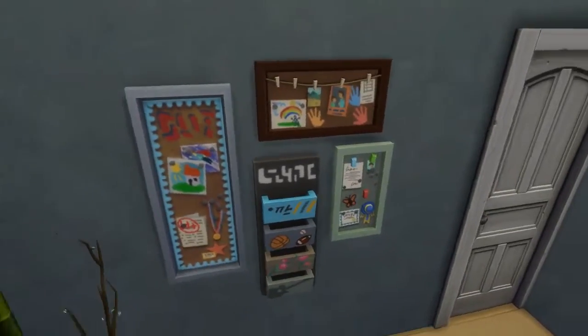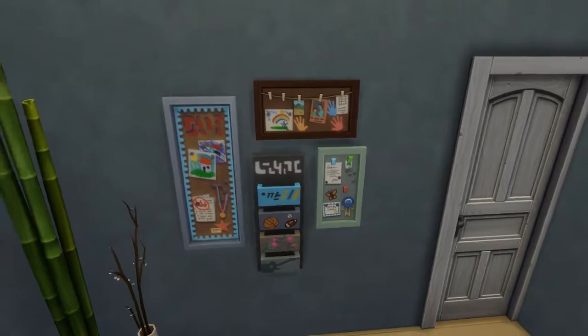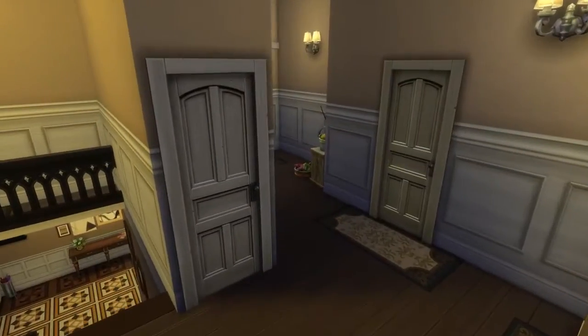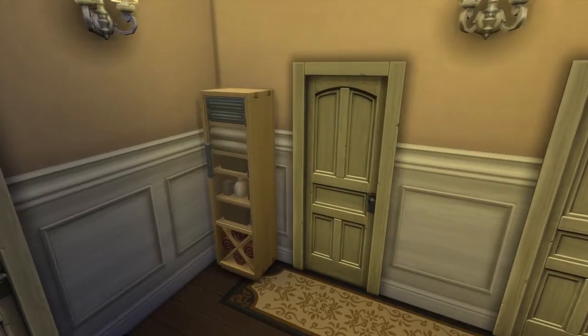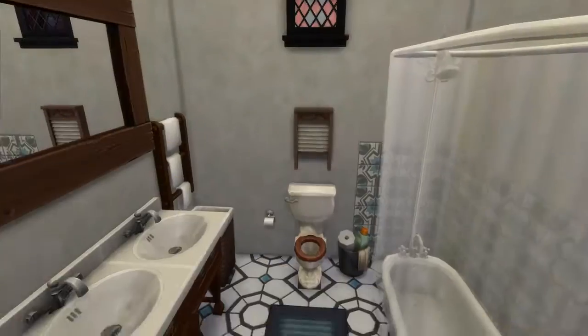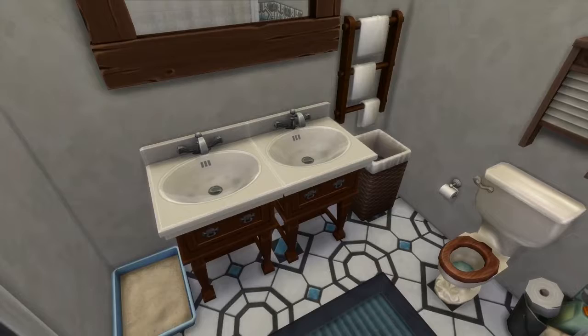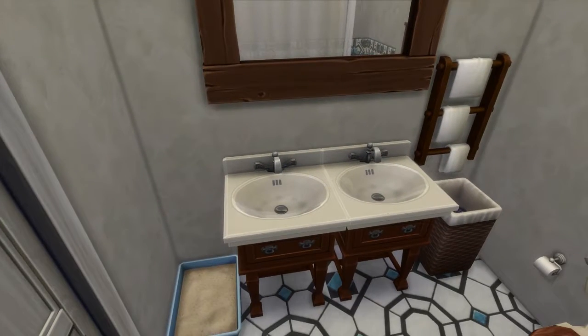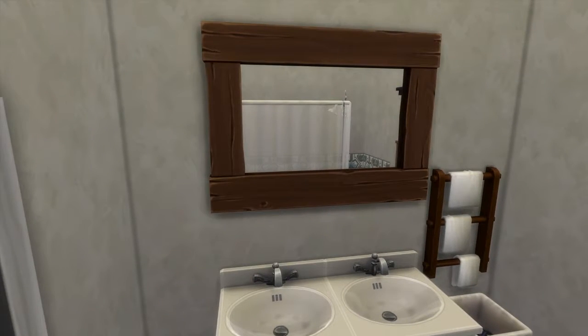And then she's got this little board of things that she's collected from Virginia's work and all that kind of stuff. I'm just making it up as we go. And then we have a little bathroom, because this is the shared family bathroom and guest bathroom. As you can see, very sort of mishmash, that's not a word,